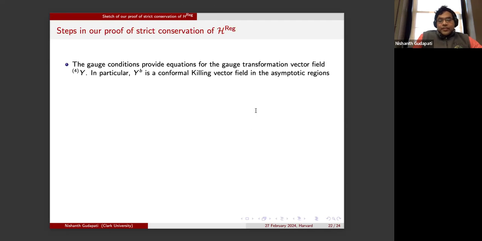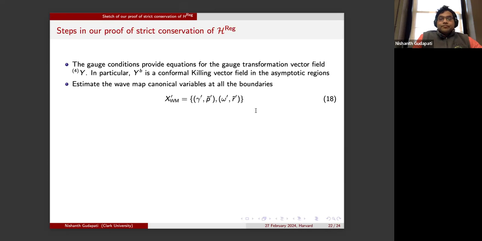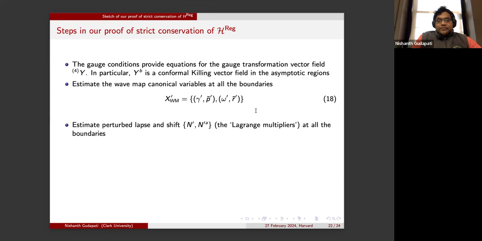And in the proof, it becomes particularly convenient that much of the elliptic theory can be reduced into a system of some sort of a Poisson type equation, where, for example, the gauge transformation Killing vector field admits certain really nice elliptic properties, so that you can directly prove, establish the decay rates of those fields at infinity and at the horizon.